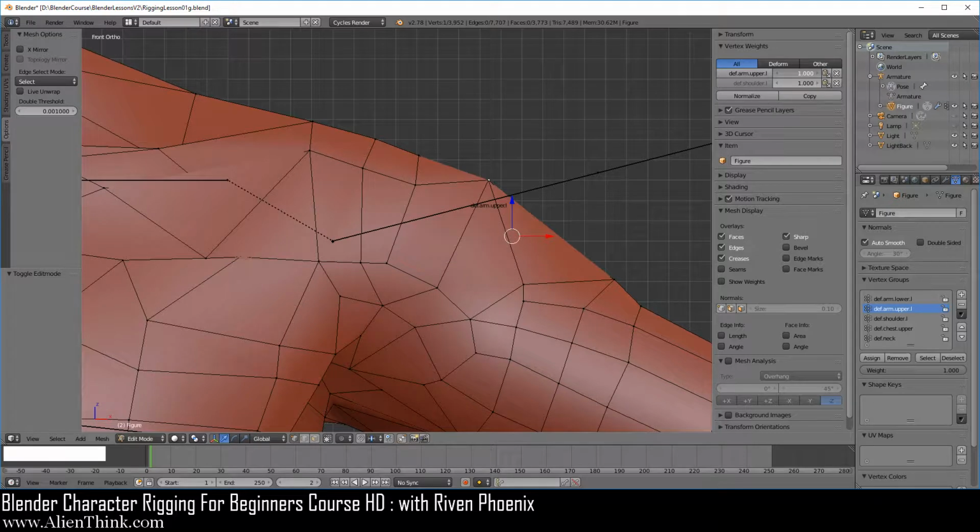So what this value is, is what is called a normalized value. It can only be 0 to 1. Now when you add additional vertex groups to a single vertex, the total sum of this value needs to equal 1. Right now it's equaling 2. So what Blender is going to do behind the scenes is that it's going to automatically normalize these values, so when you add them up, they will total 1. Now you can see this if you just click on this normalize button. Click it. This is what Blender is doing behind the scenes.